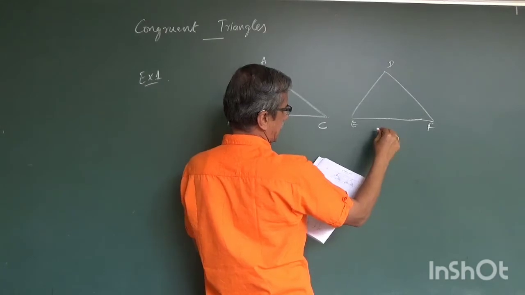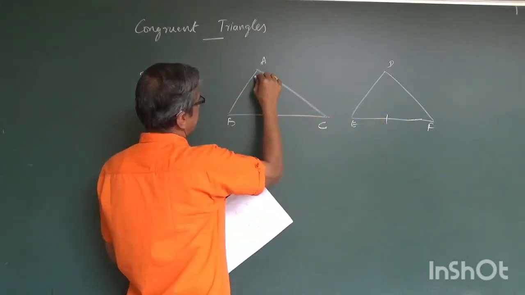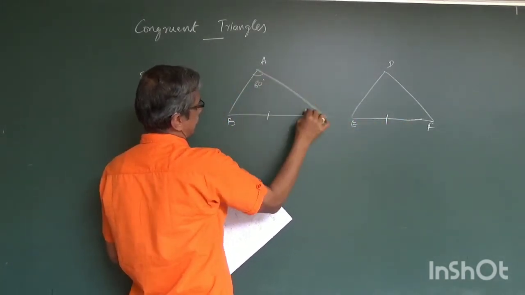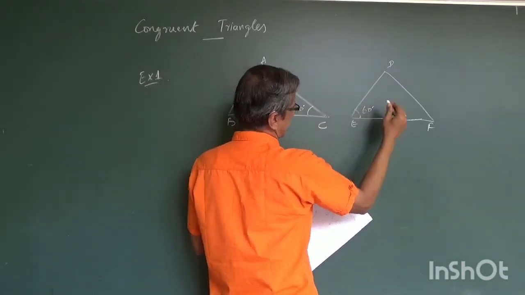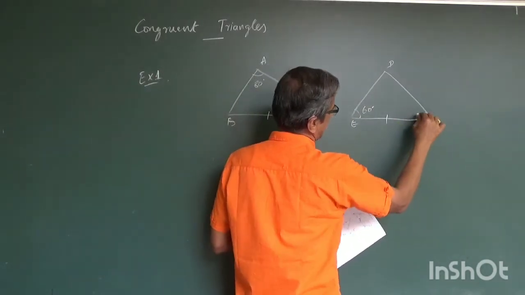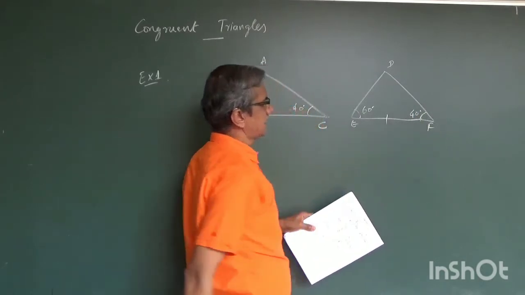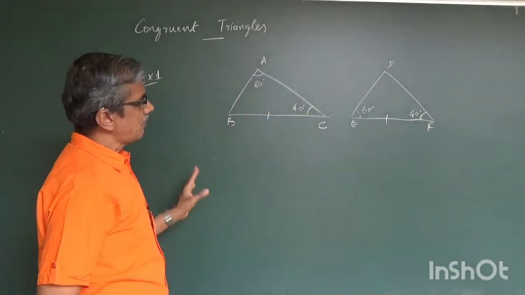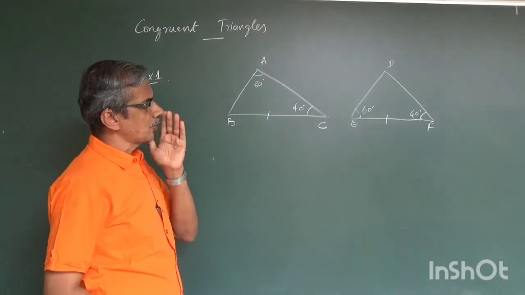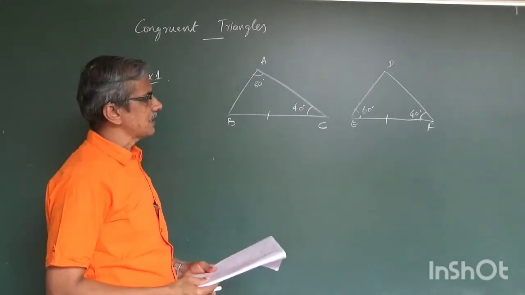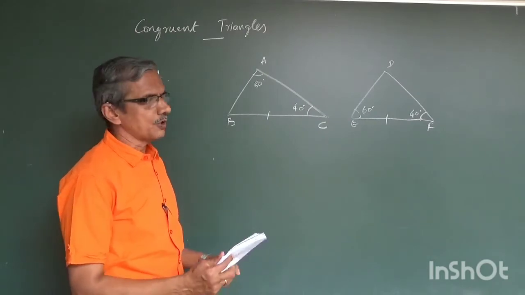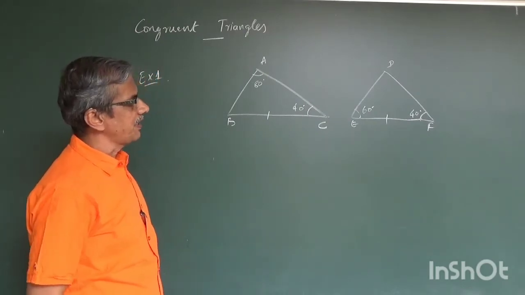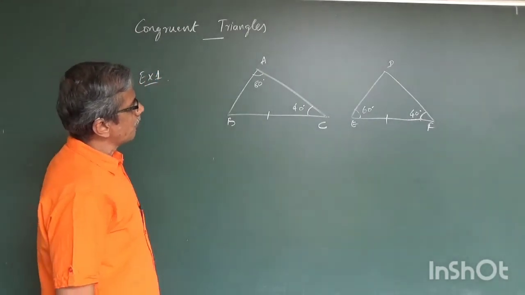These two sides are equal, and this is 80 degrees, this is 40 degrees, this is 60 degrees, and this is 40 degrees. It is given like this. We have to find out whether these two triangles are congruent, and if they are congruent, by what. So what happens is,